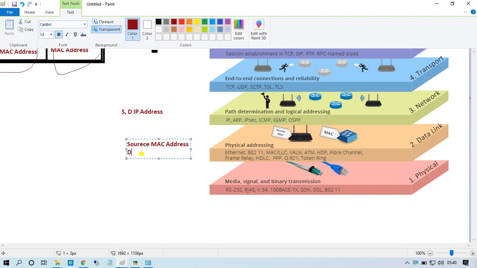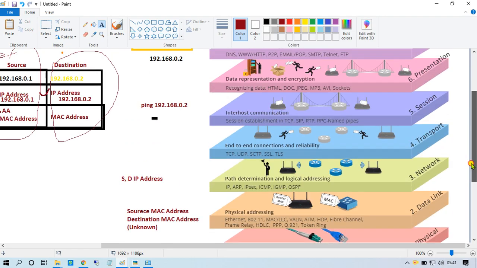And what is the destination MAC address? Destination MAC address is unknown, because this PCA doesn't know what the MAC address of PCB is.